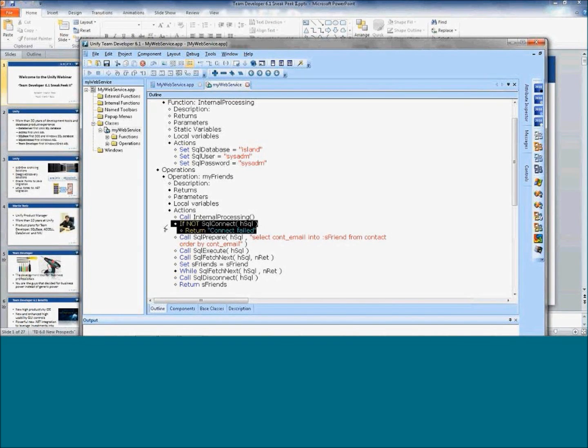And then I connect to the database. If that does fail, then I return a connect failed. That is basically the string that the web service client will receive then. If it receives connect failed, then it knows that that didn't work. But there's also more complex web services error handling that you can use. And we will describe that in detail at our DevCons